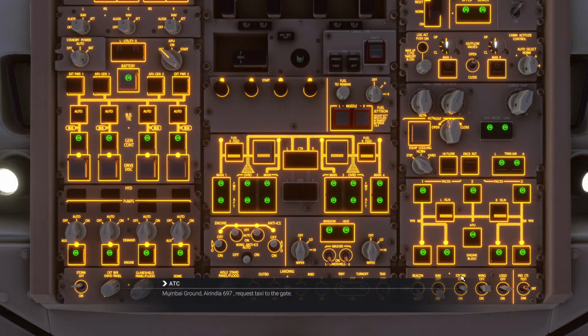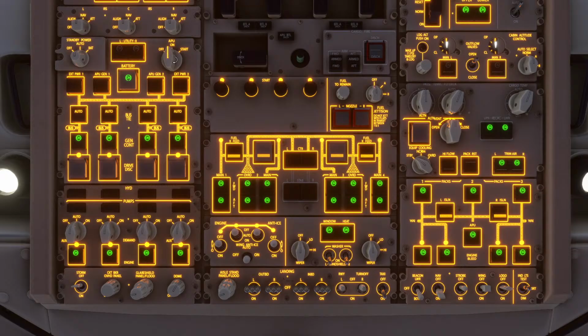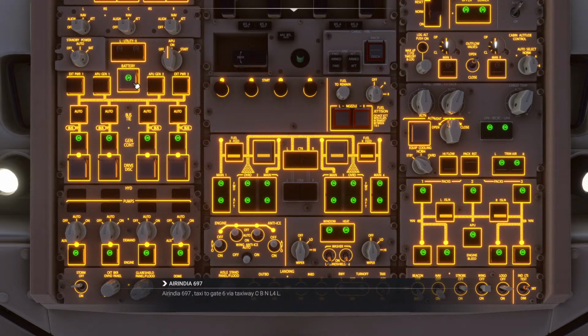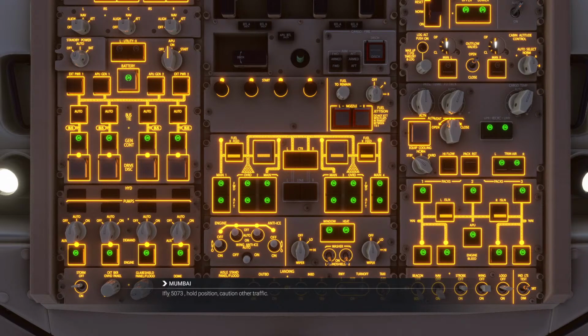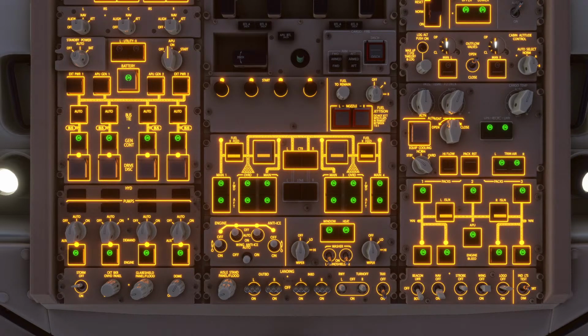So we'll put the APU back on, and it will say APU Gen Avail in a few moments. All I'm doing is I don't want to cut the engines off and lose power to the airplane in one big go. So we'll put the APU back on, seeing as we can't have external power. Let's see if it works. So yes, they've simulated it. So we should be able to use the APU. Bus transfer is automatic in the 747-8,